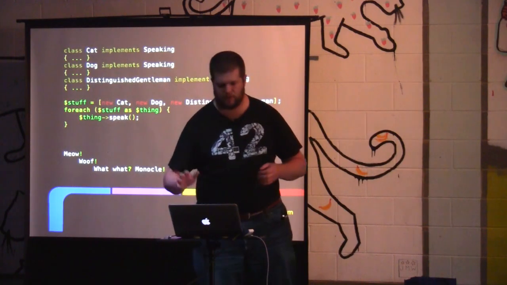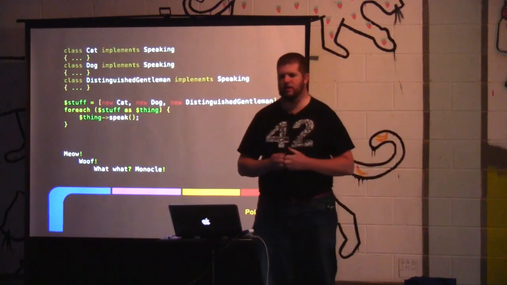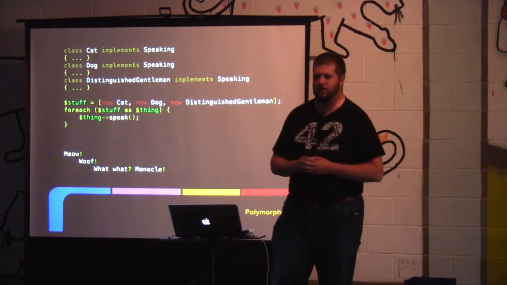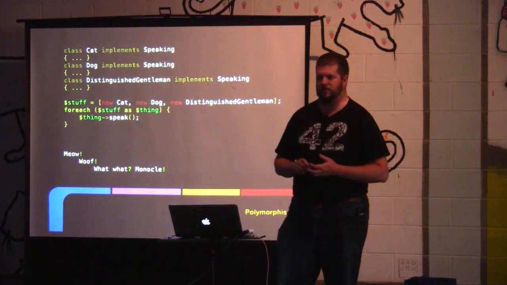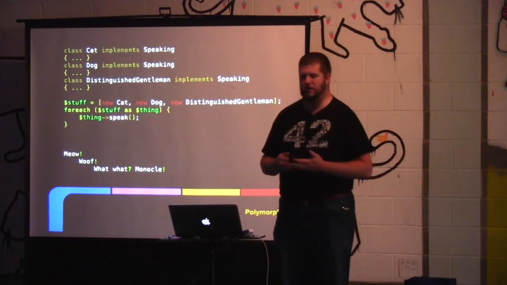All right, so polymorphism. This is an example of polymorphism, and I mentioned back with the interfaces that we were going to talk a little bit about polymorphism. What I've got here is 3 different classes that implement the same interface. They all implement a speaking interface. Now obviously cats and dogs and people speak differently,